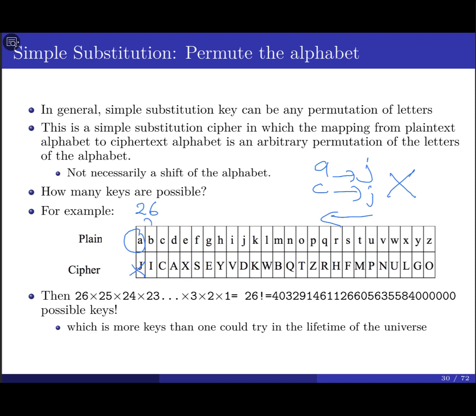That means for the second letter, I can map it to the rest of the available alphabet. So in this case, you do have 25 possible keys you can map B to. So in this case, you assume that B is going to be mapping to the I. Now I is going to be crossed from the data. That means for the next letter, you have 24 letters you can choose from. For the first one, you have 26 possible ways to map this one to any valid alphabet. For the second one, you have 25, because you have to exclude 1 used with the previous key. For the third one, you have 24, and etc.